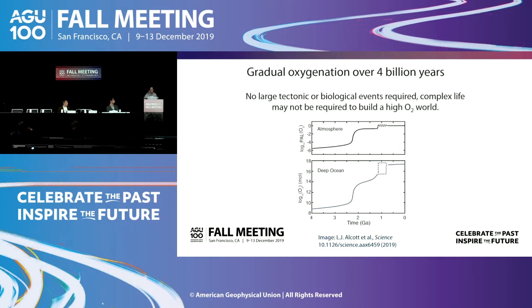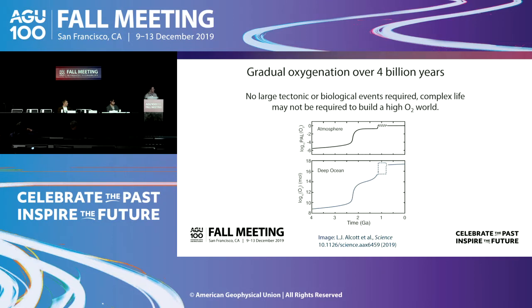And you can, of course, take our model and just apply a standard mantle cooling curve over time. So that's the only thing you need to put into this: there's less reductant coming into the system over time. Obviously, you have photosynthesis, but we don't have any evolution of different kinds of life. We don't have any of these large tectonic events. And what comes out of the model is a step change in atmospheric O2, a period of instability about 1 billion years later, and then resilient oxygenation of the system a few 100 million years after that. And that's very similar to what we see in the record.